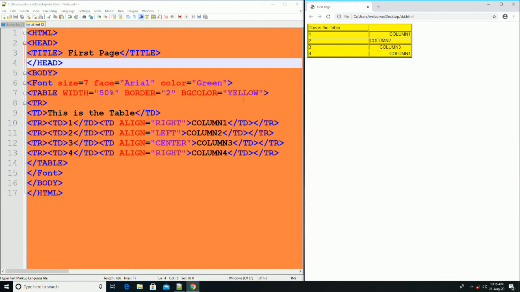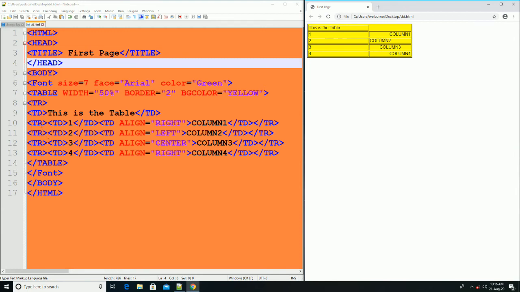Now next one is the TR tag. TR tag in the table is used to create the table row. To insert a row, the TR tag is used. I used the TR tag here, and then the TD to insert a cell or table data. TR for the first row, table row, TD for the table cell or table data. This is the table I have written here. You can see the output on the screen.